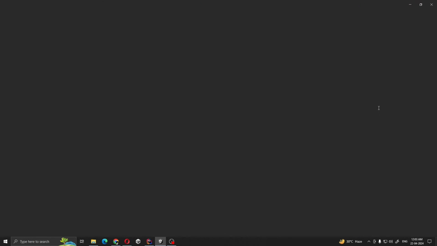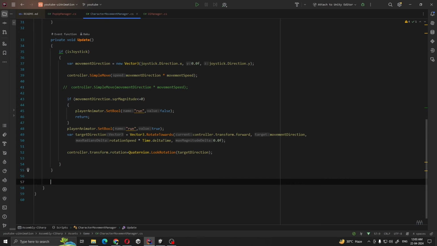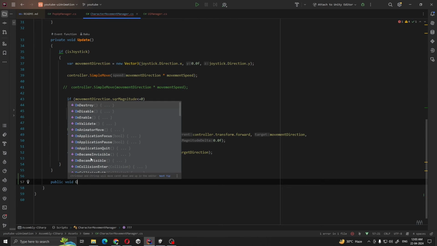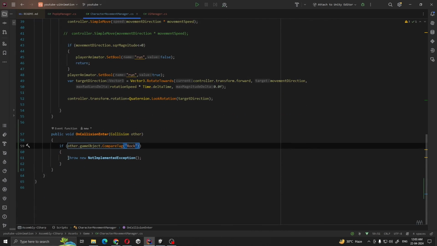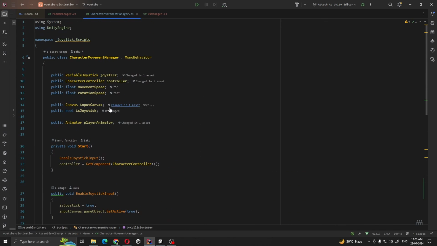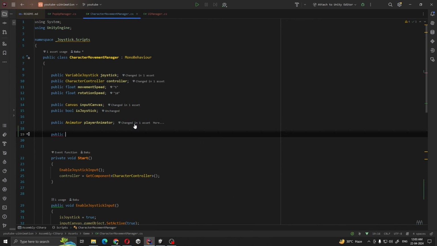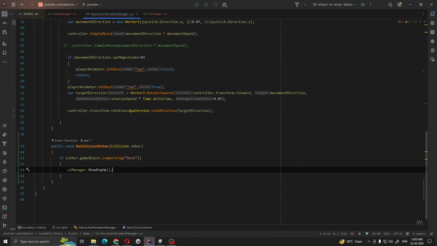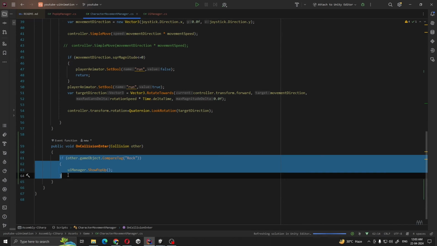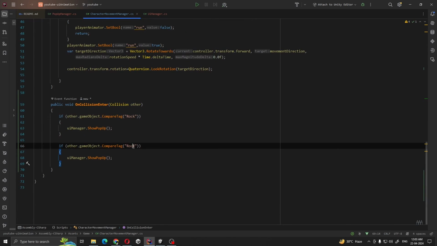I'm going to open my character controller and create a method called public void OnCollisionEnter. If other.gameObject.CompareTag rock. We need to take a reference to our UI manager. So public UIManager, UIManager.ShowPopup, and if we also trigger with a tree,